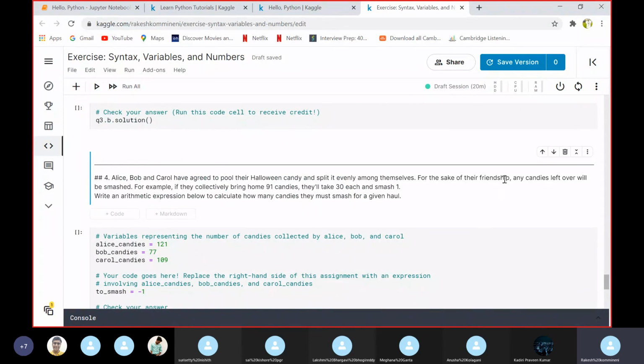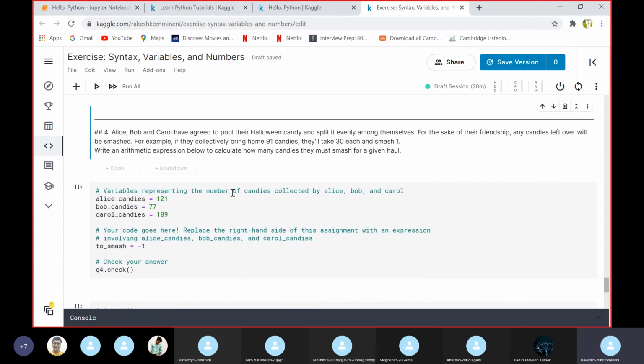For the sake of their friendship, any candies left over will be smashed. For example, if they collectively bring home 91 candies, they will take 30 each and smash one. Write an arithmetic expression below to calculate how many candies they must smash for a given haul.